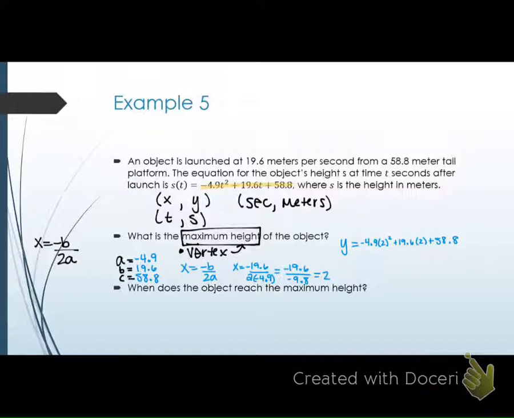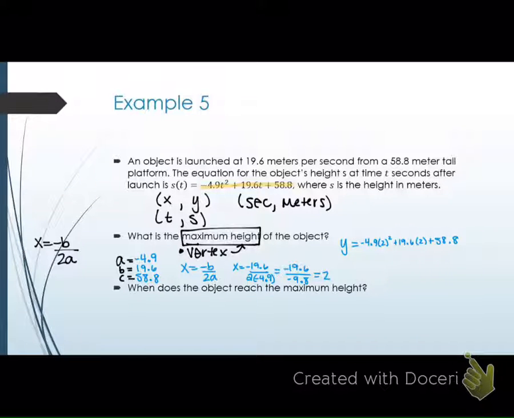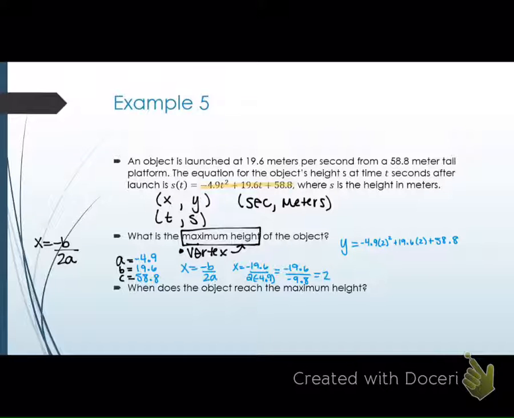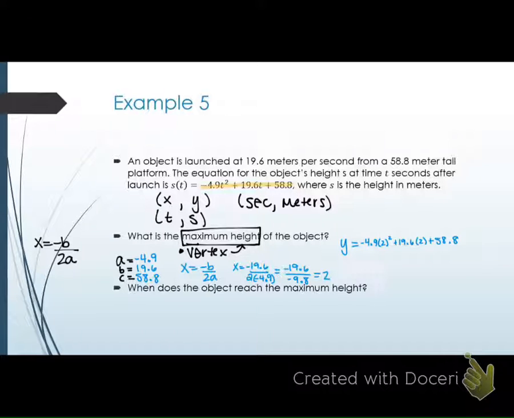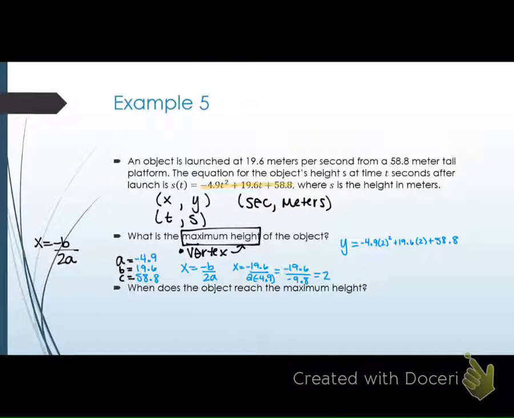Okay. So go ahead and put that into your calculator and see what you get out. So you need to do, what did you just do here? Let's try doing 2 to the second first. It doesn't matter, that doesn't matter. Just do this in your head. 2 times 2 is 4. So then you can just do 4 times negative 4.9,